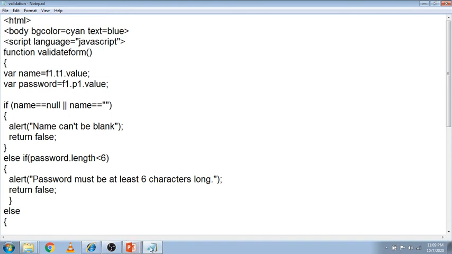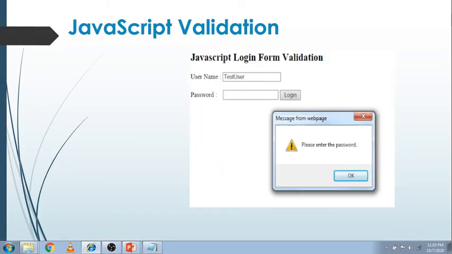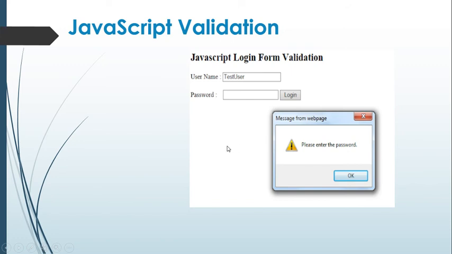Now move ahead. So what is the output of the code in which we validate username and password? If the name and password fields are blank and you directly register, then it gives the message please enter the name.